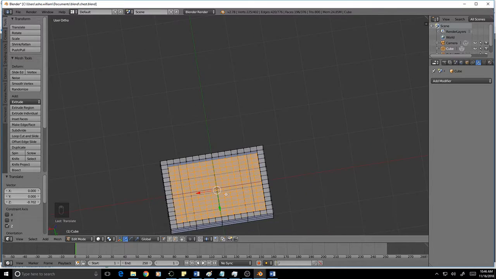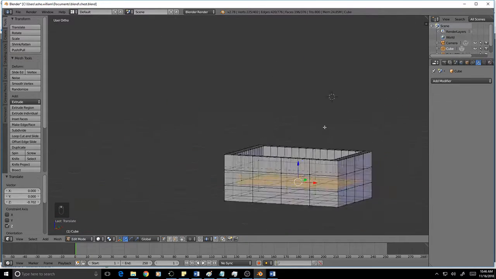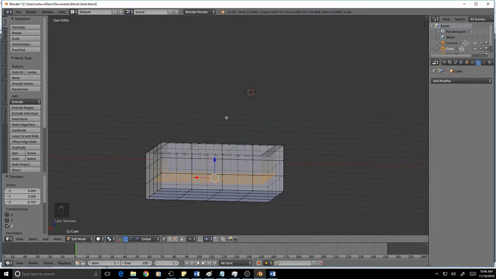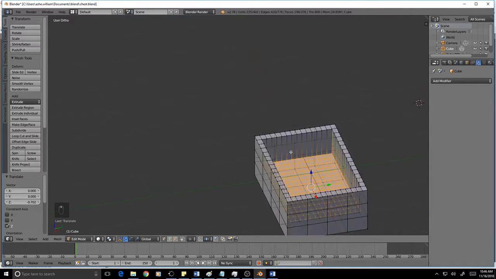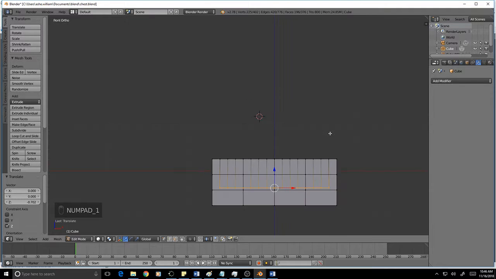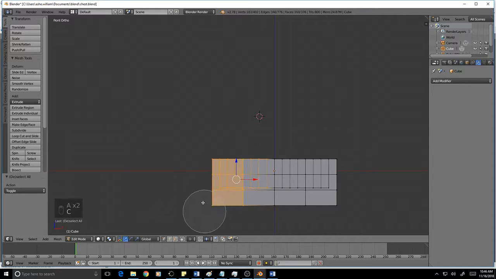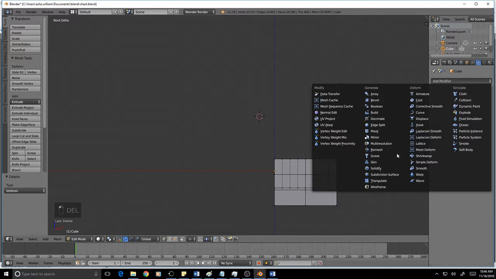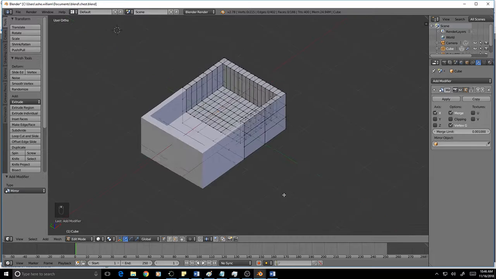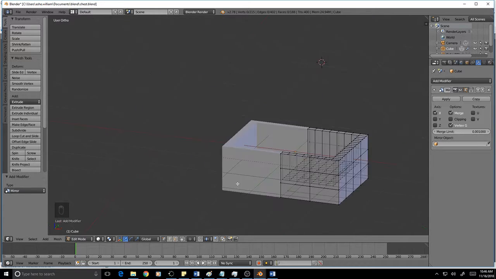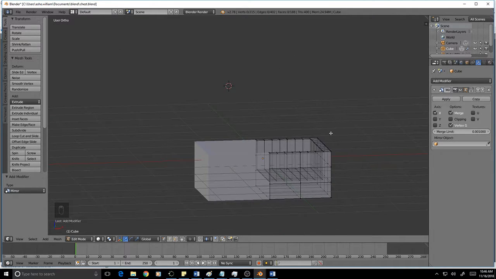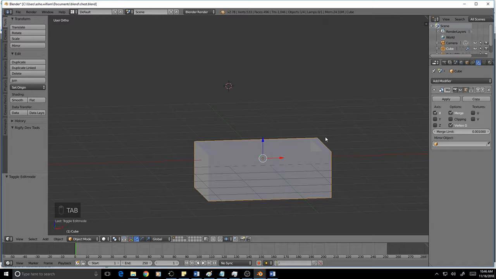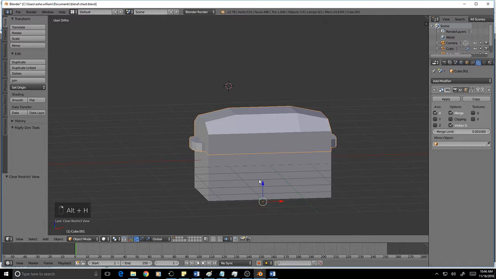Now there is a lot of geometry that I've just added, and it doesn't follow the rest of the shape, which I don't think is good form, but that's what it is. Let's add that mirror modifier I was bummed to not have. So I select half the geometry, delete it, add modifier, mirror modifier, and now I have an empty chest. So if I tab out of there and Alt H, now I have